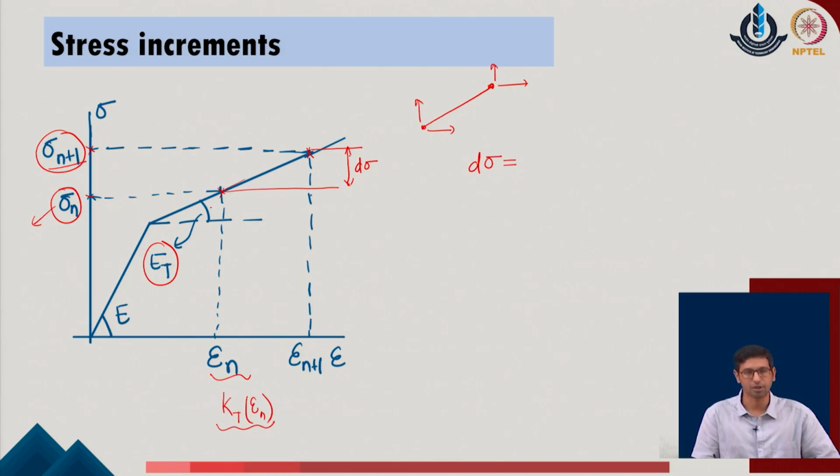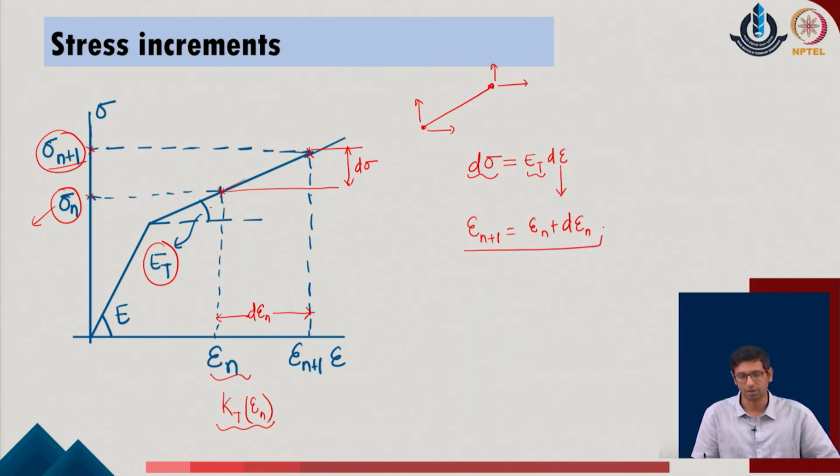which is this increment in the system, is equal to Et, which is the tangent modulus of the given system, into d epsilon, and knowing the value of the increment which has been, say, provided by the user, the user is able to calculate the value of the strain increment in the given system. So, I will call that this is d epsilon n in the given system. So, once the d epsilon n is calculated, the user can calculate the epsilon n plus 1, which is equal to epsilon n plus d epsilon n in the given system.